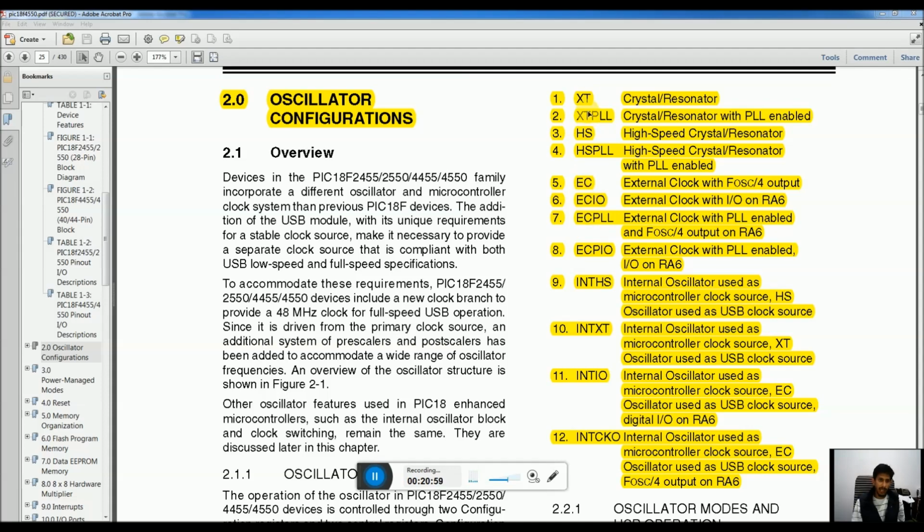We will not be using low speed crystal oscillators less than 4 MHz, or some external clock source as the master clock source of our microcontroller. So we are left with only option number 3 and option number 4. I will suggest you to use HSPLL, because in that case, if you disable PLL, it will act simply as a high-speed crystal oscillator, and if you enable PLL, you will have an option to switch to a higher clock frequency if required. This was all about the clock source.